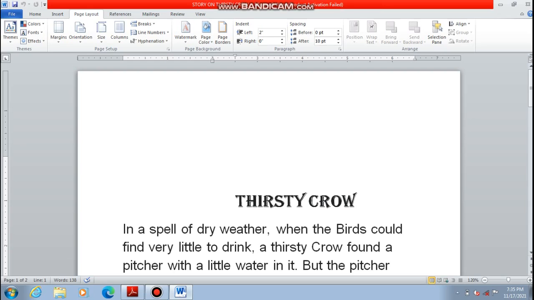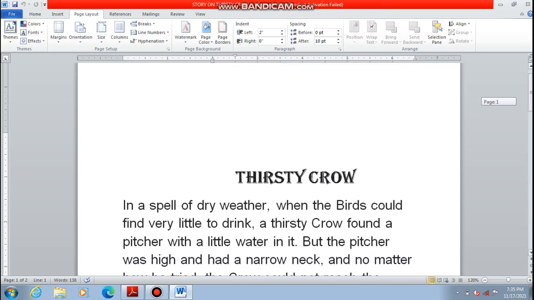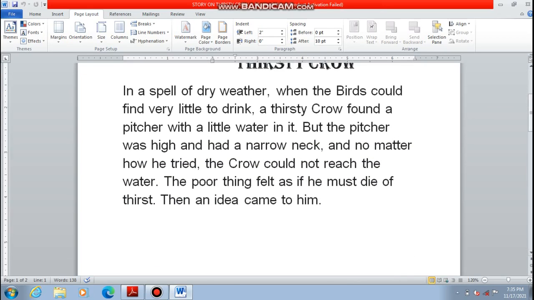Okay, so wherever you click the mouse, that insertion point will move there also. Now I have clicked here, so you can see this is the insertion point over here. Wherever the insertion point lies, at that place we can insert any kind of text. So wherever the insertion point is in the Word document, there you can easily insert any kind of text. So this is known as the insertion point.